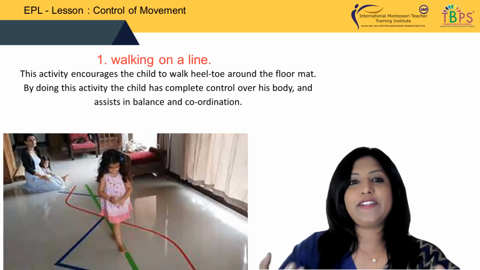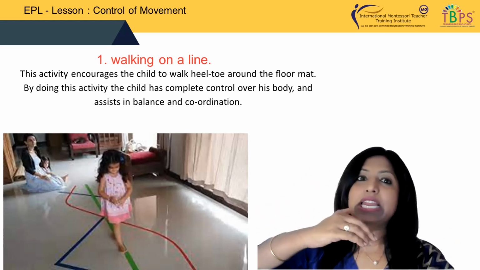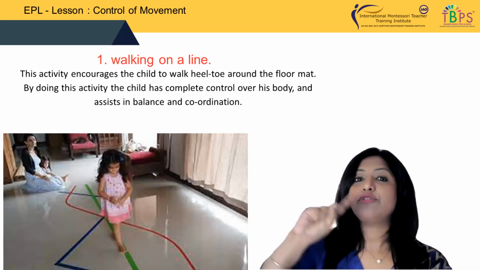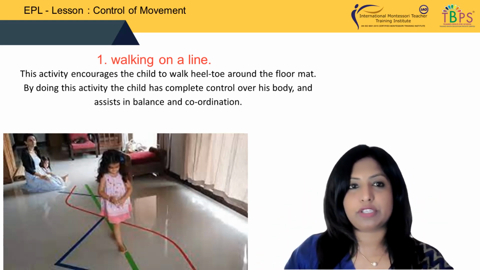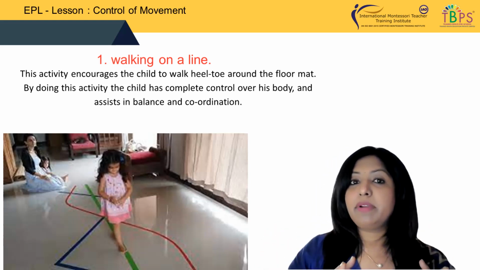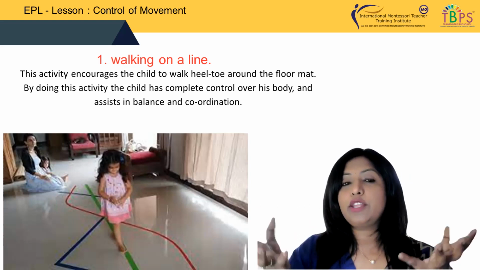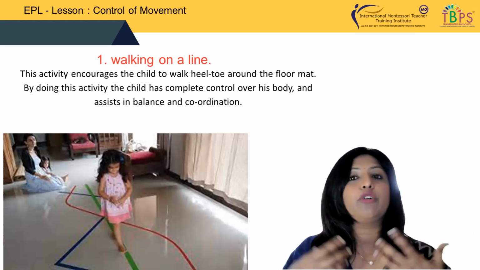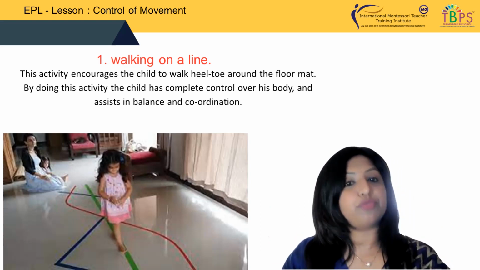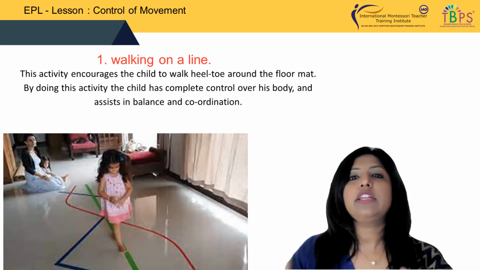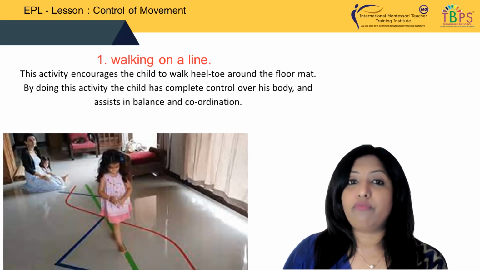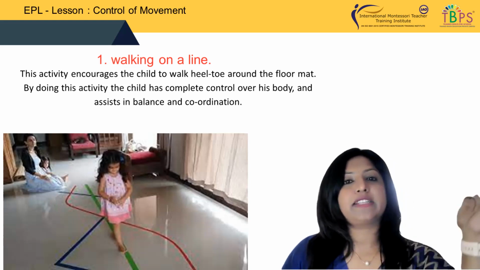The more you give them, say for example, if I give them a pile of books, it's heavy already. The child walks very slowly. So the movement is controlled. And the child is also making sure that he doesn't drop those books. The child also has to be notified that if you drop, you might hurt somebody, or you might hurt yourself, or the object could be broken, or it could be damaged also, right? You give them all those safety measures much before they take control. So that's the reason walking on a line is considered to be the most important exercise when it comes to control of movement. Okay, you can add a lot of extensions.